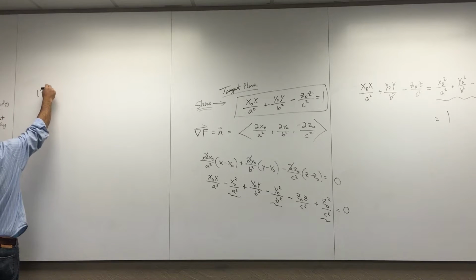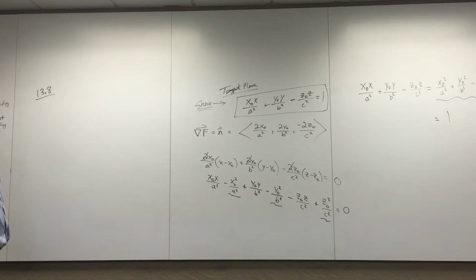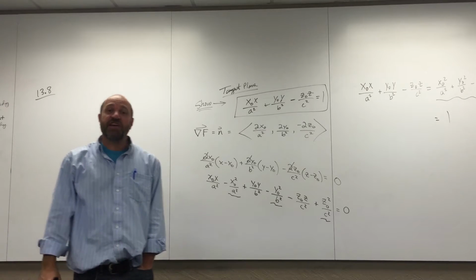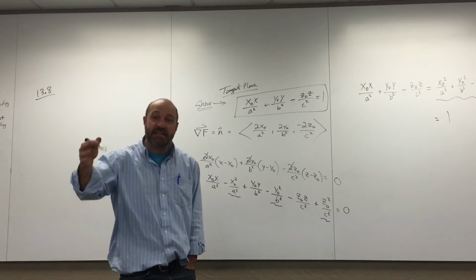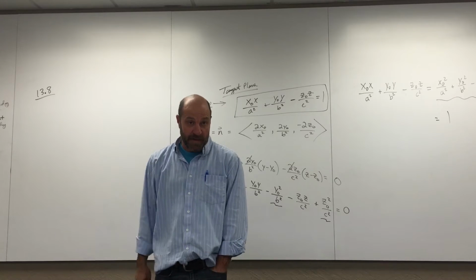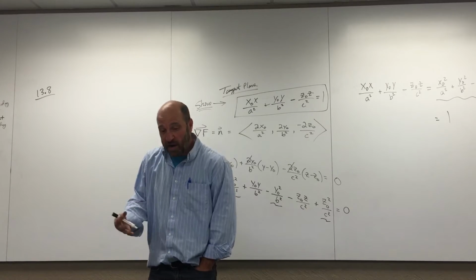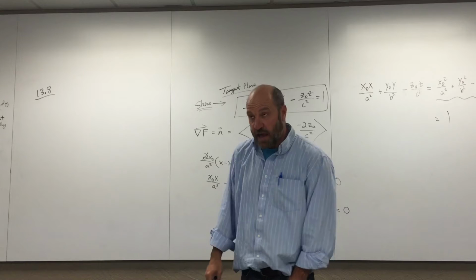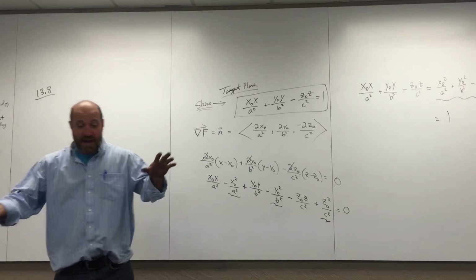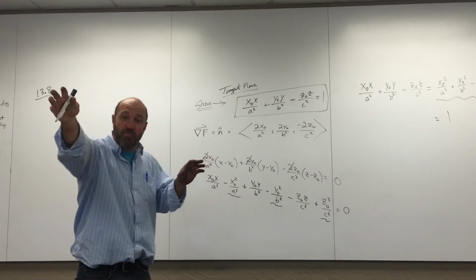13.8 is fun. Listen, we're getting toward the end of this chapter. And what we do now is we teach you how to find mins and maxes in 3D. Mins and maxes in 3D. We've already previewed this a little bit. We said we're probably going to have a min or a max when we get both partial derivatives